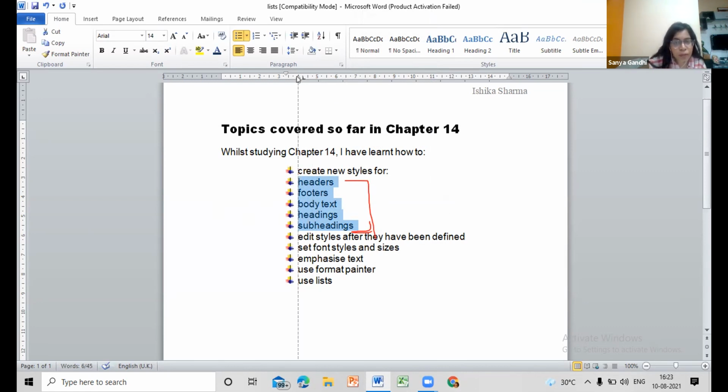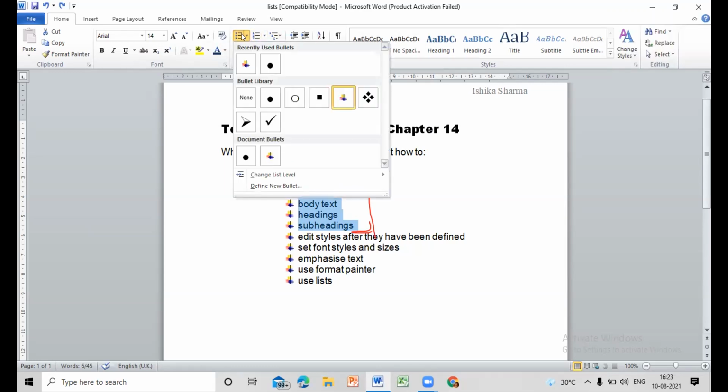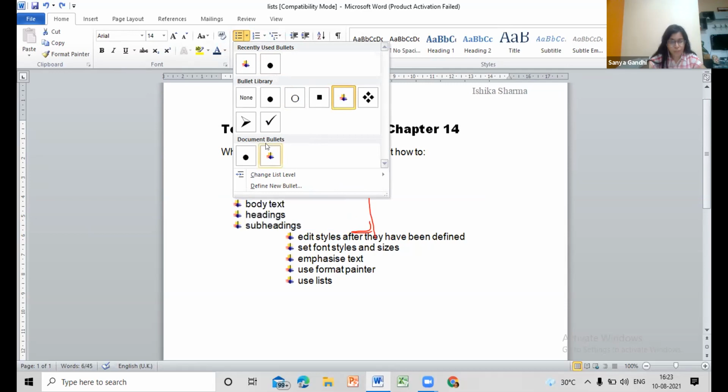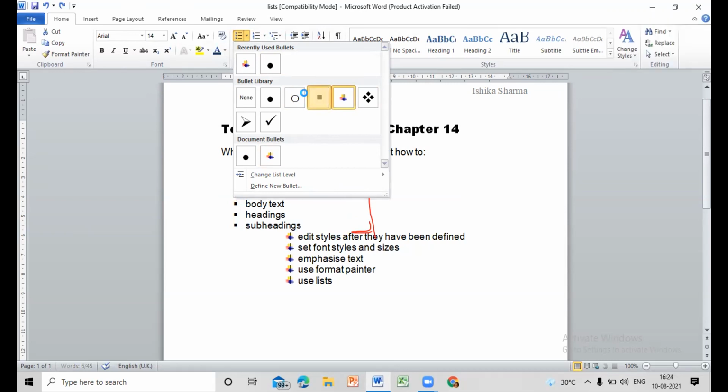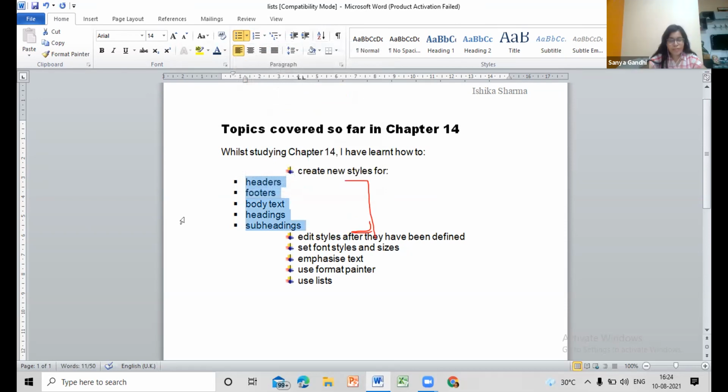There should have been an option in here. No, not like that. Undo, undo. You have to make a sub list of this. A sub list. Okay? Different bullet points? No. If you change the bullet points, you'll change the bullet point of the entire thing. But this has not become a sub list. This is not a sub list.